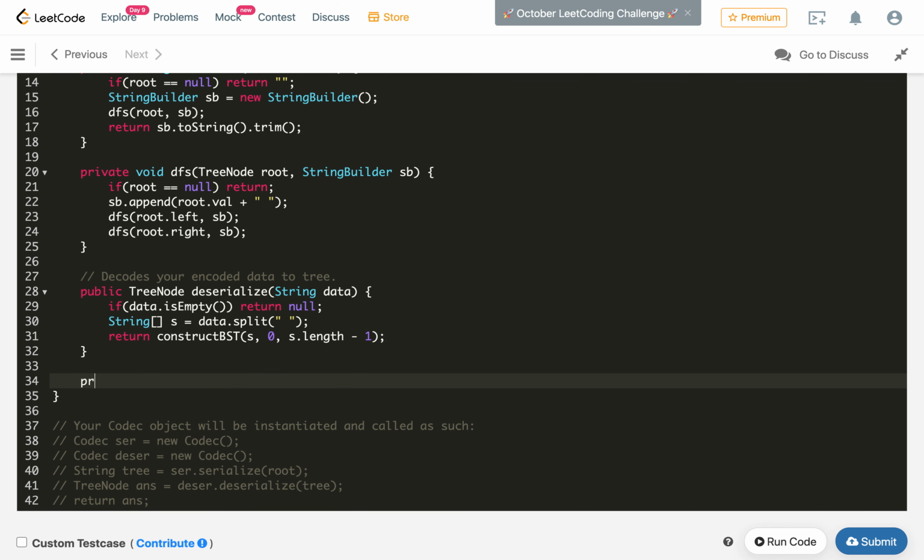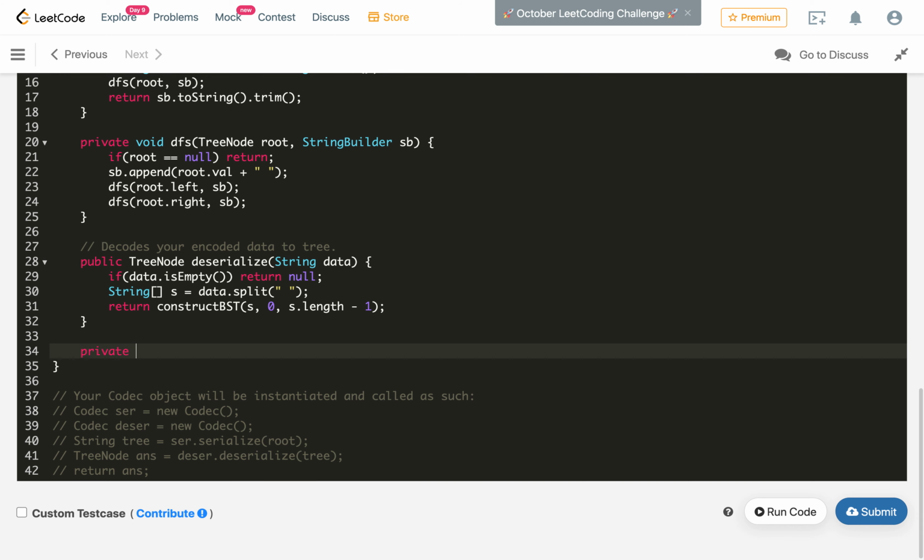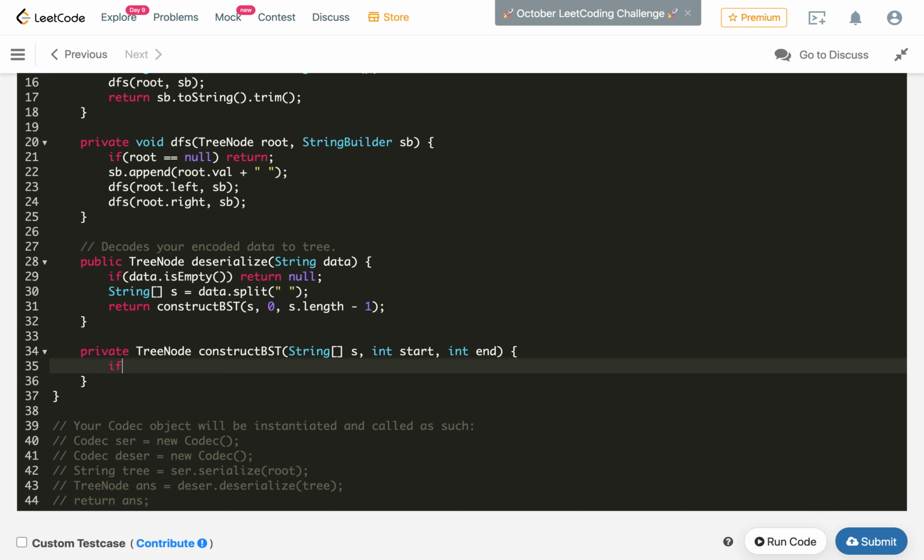So let's now implement the construct BST. This will return the tree node, and let's copy and paste the name of the method over here. It will get the string array S, int start index st, and int end index end. Now the base case: if there is no node in our tree, that is only when start is greater than end, then we will return null.